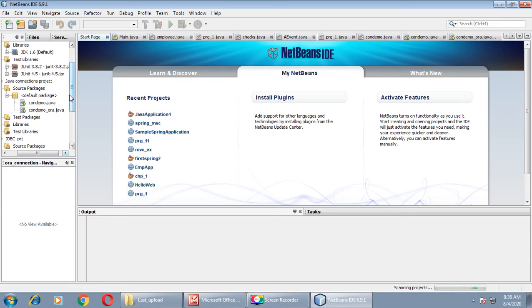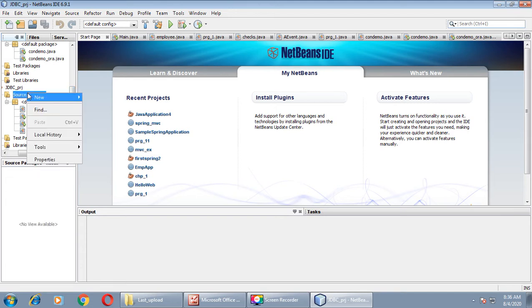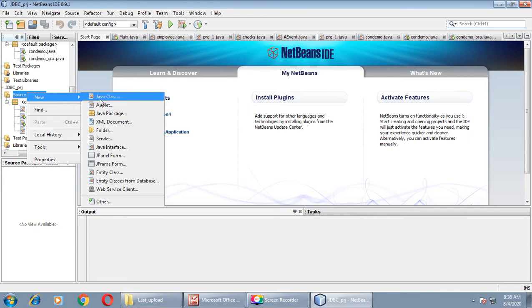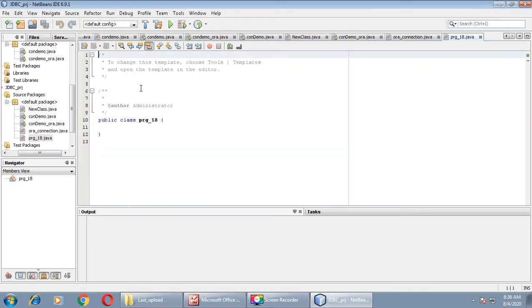First of all, go to your project window, then right click on source package, click on new and Java class. Now this is our program number 18. Create a class with the same name, program number 18. Select an appropriate location for storing this program. Click on finish. You will get a blank editor window for editing our program.